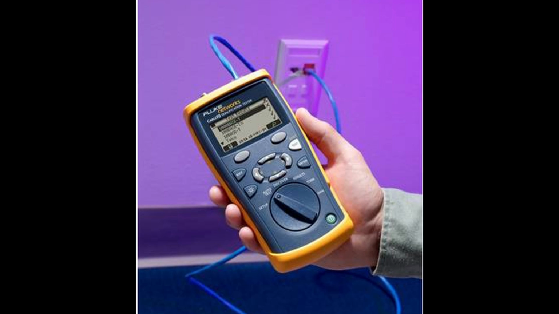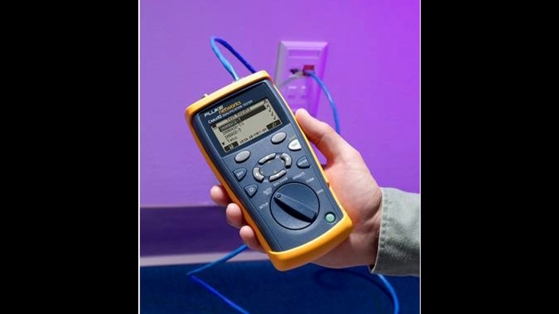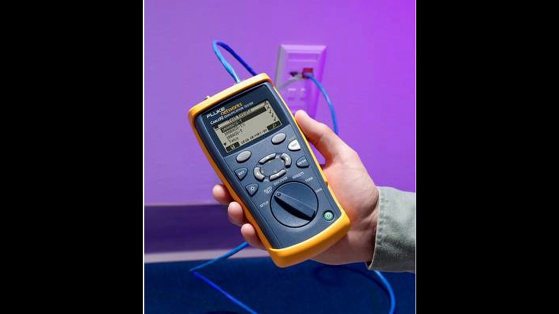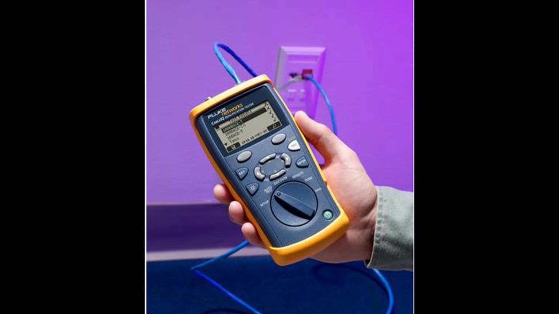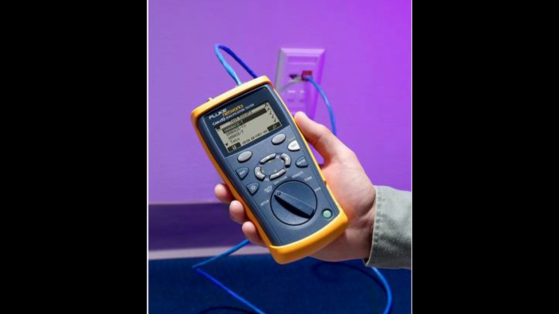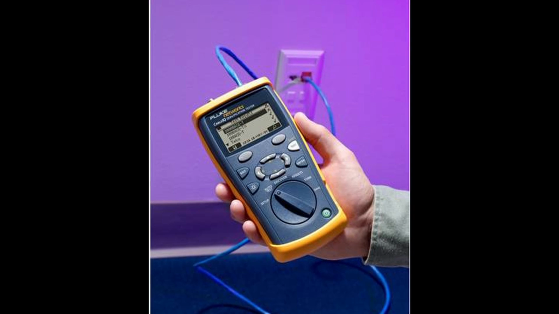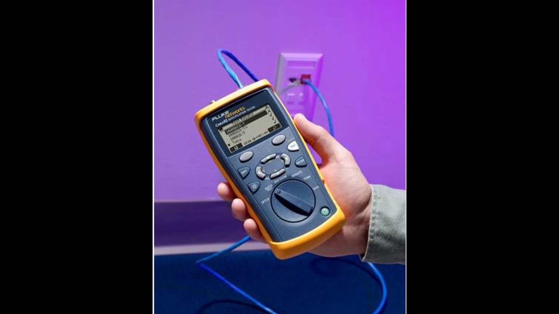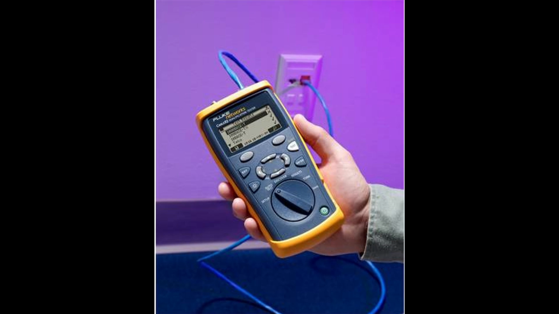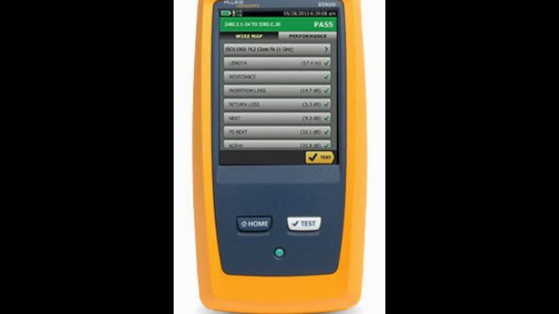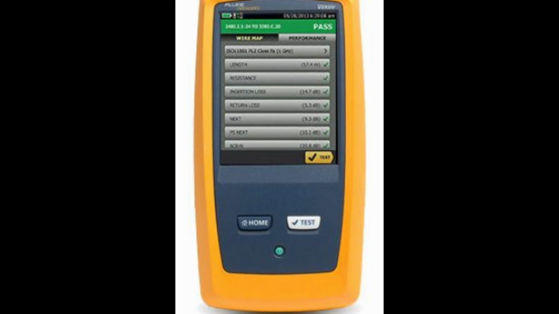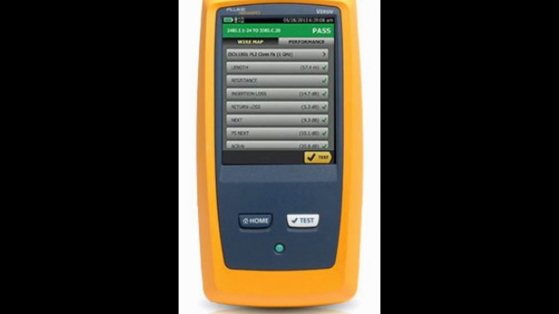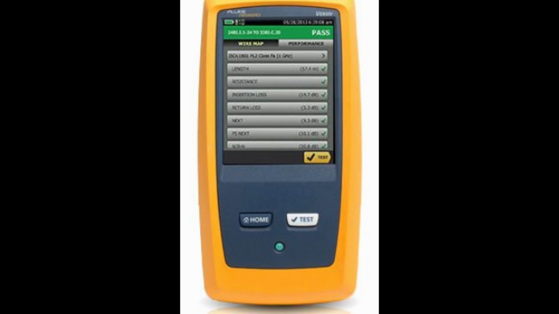And here now you can see a Fluke Networks tester, a lot more feature rich than the one that I showed or demonstrated with earlier. And up next is another tester. This one is also full featured and much more expensive than the tester I was using. And so you have the TIA and the ISO,